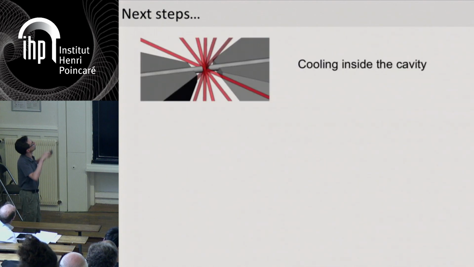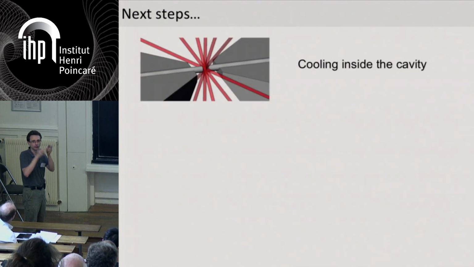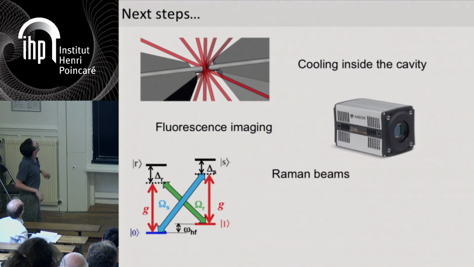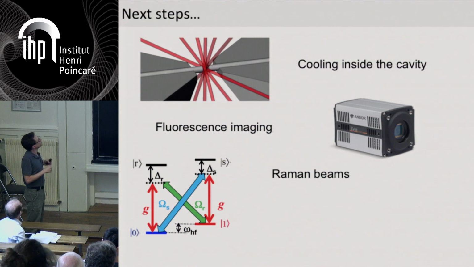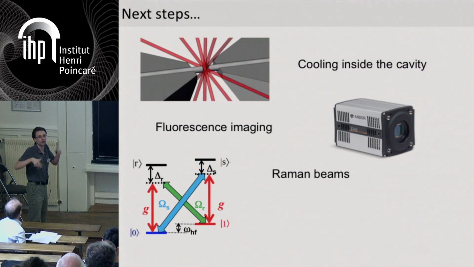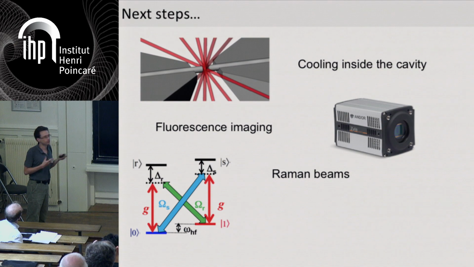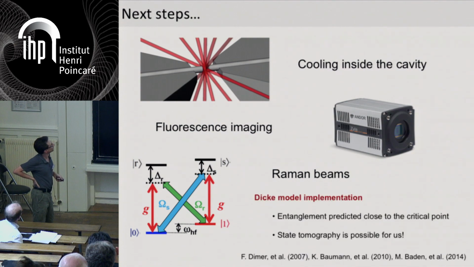And thus the next steps are to implement cooling inside the cavity to make the atoms fluoresce and be able to image them without destroying them. And then implement some physics with that. So one possibility would be to implement some Dicke Hamiltonian, so another artificially engineered Hamiltonian with Raman beams that we could again program by playing on the parameters of the Raman lasers, and which could also probably benefit from optimal control algorithms, even though it's not completely clear how at the moment.